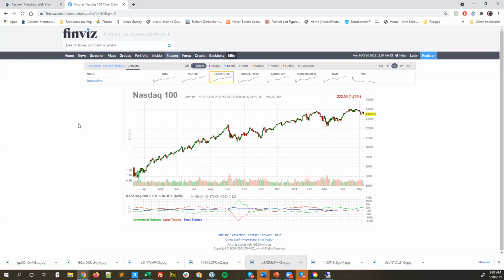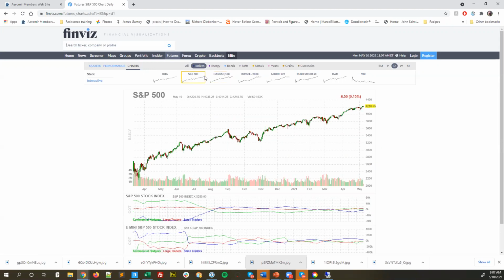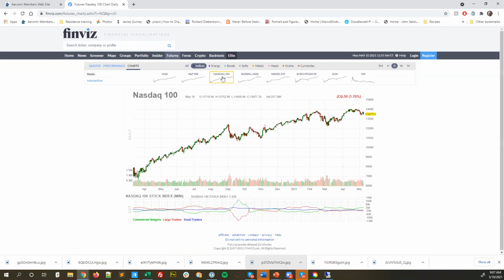But anyway, I follow Peter Resnicek, the market profile guy, which I use as well. And he noted this morning on his morning report the divergence between the S&P futures and NASDAQ futures, and he regards that as a negative. This has really been going on all year too. Yes, it has.